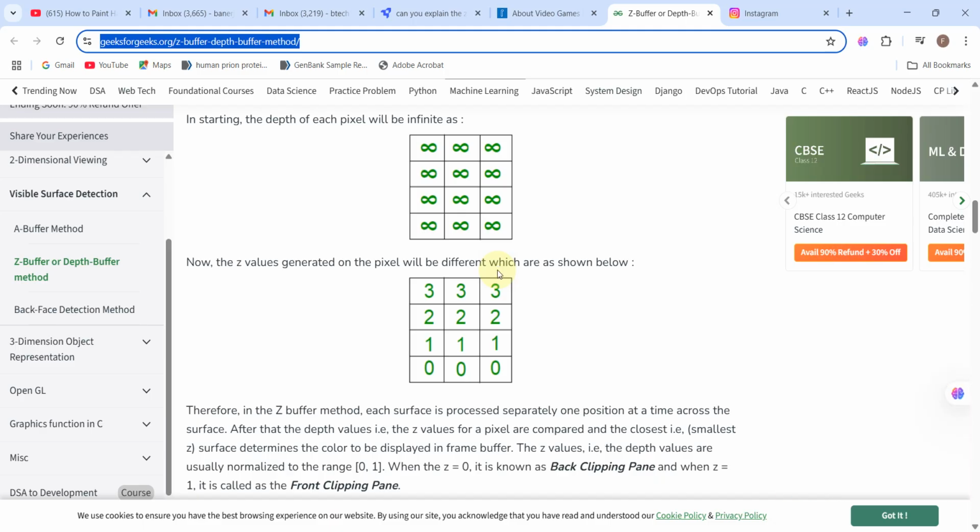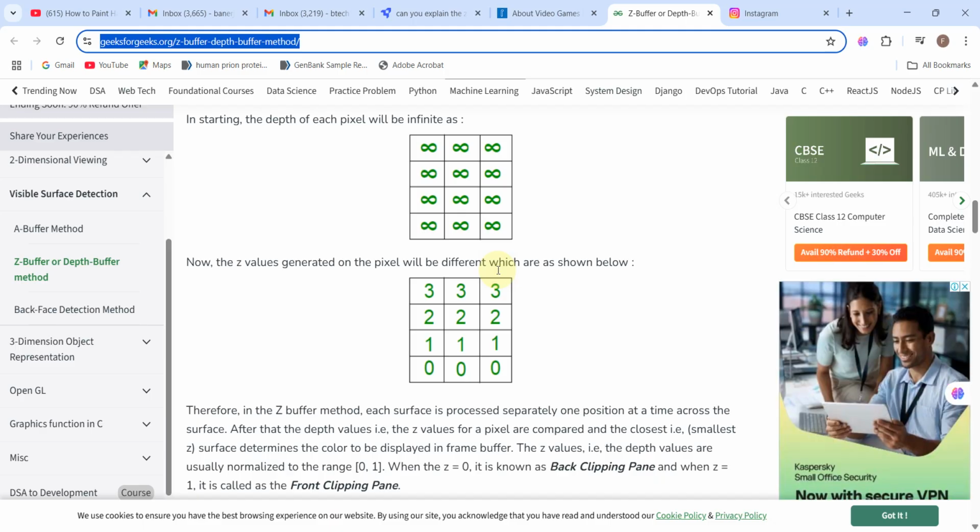One point where you can get confused is whether the object is tilted or not tilted. So be careful whether the plane you are talking about is tilted or not tilted. So that was all for today.